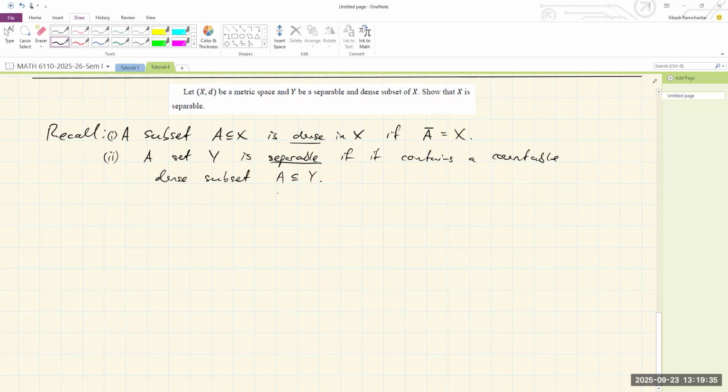So separable means you have a countable dense subset. So for this proof,